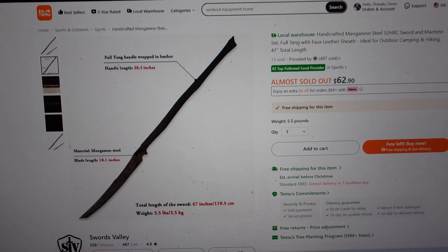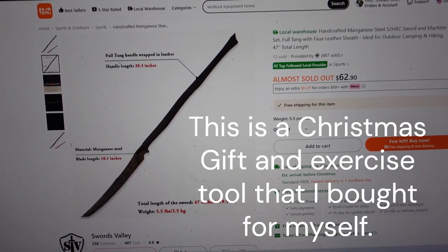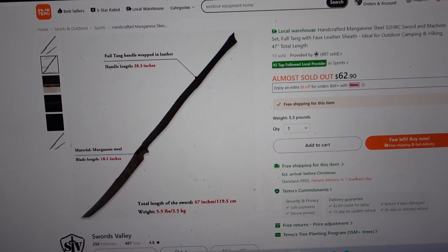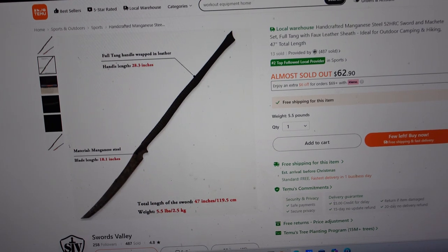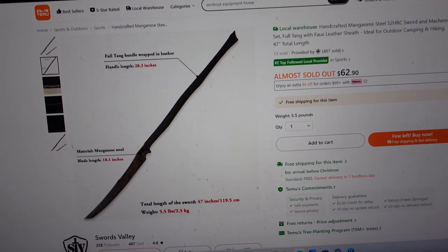Whenever I see a good exercise equipment bargain, I'll do a quick YouTube video on it because exercise equipment has become ridiculously expensive. But you can still buy affordable exercise equipment if you know where to look. And one place